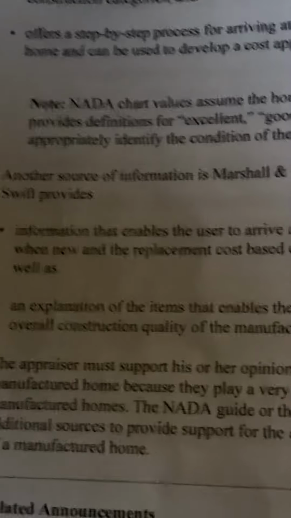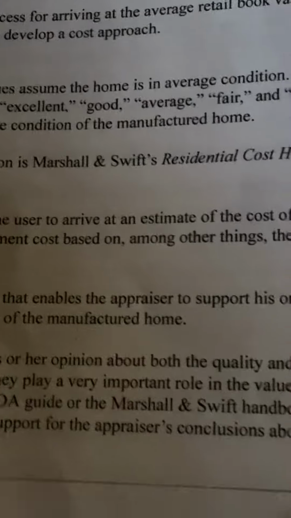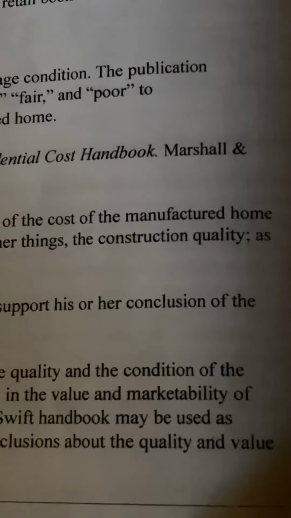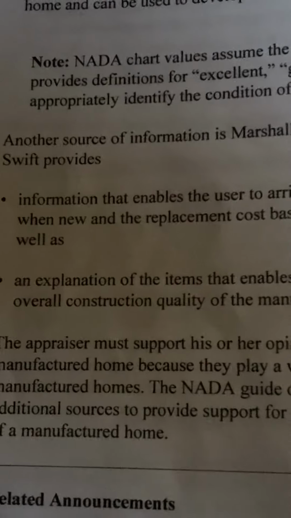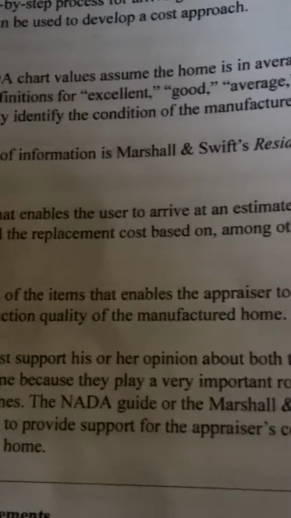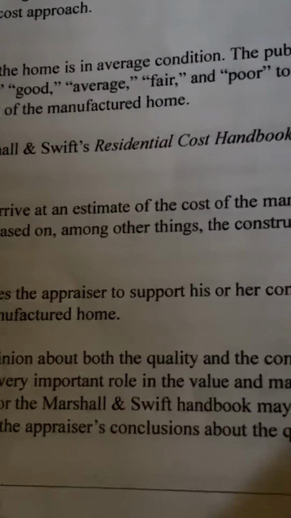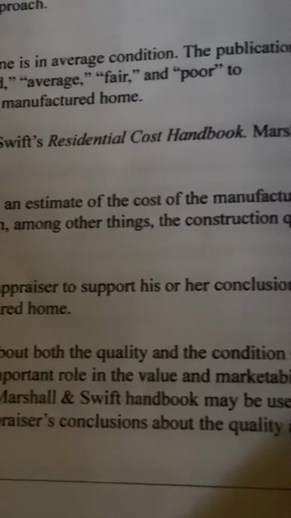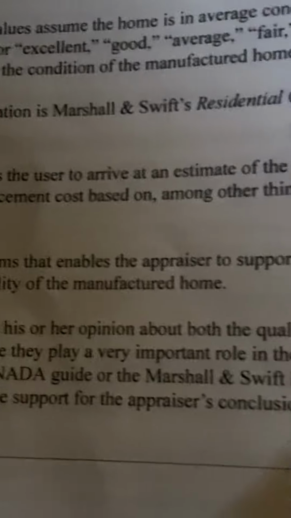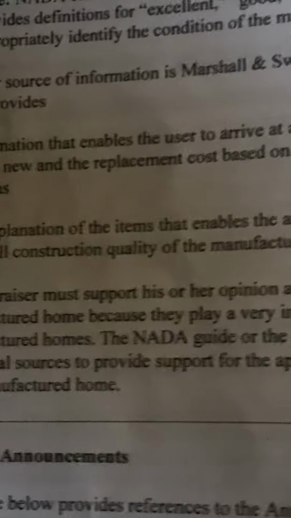Another source of information is Marshall & Swift's Residential Cost Handbook. Marshall & Swift provides information that enables the user to arrive at an estimate of the cost of the manufactured home when new and the replacement cost based on, among other things, the construction quality, as well as an explanation of the items that enables the appraiser to support his or her conclusion of the overall construction quality of the